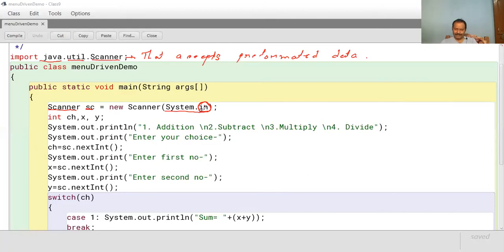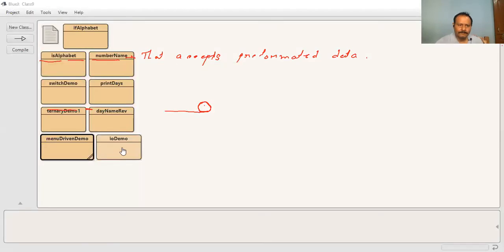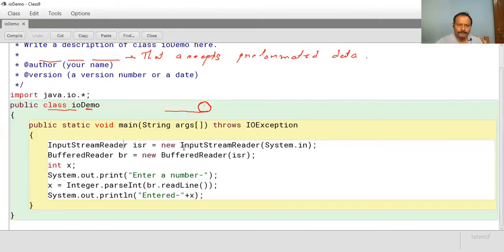And mistakenly did I say output? Yes, I think I said output. It is responsible for taking all input. In the other example also, you can see we had used the in here.